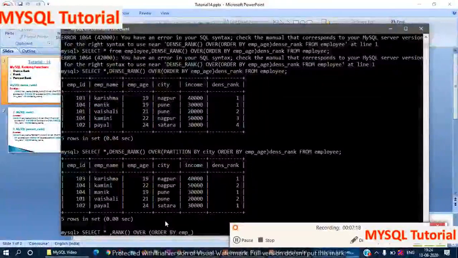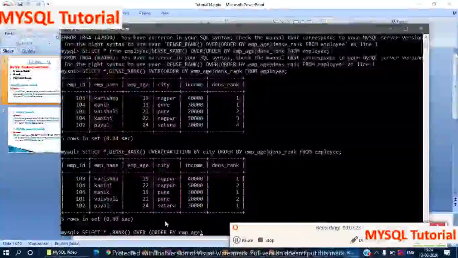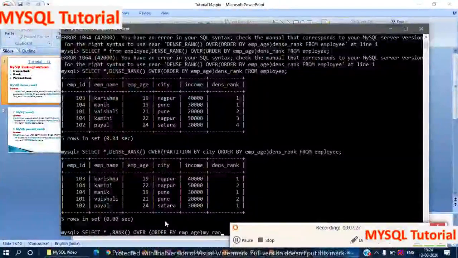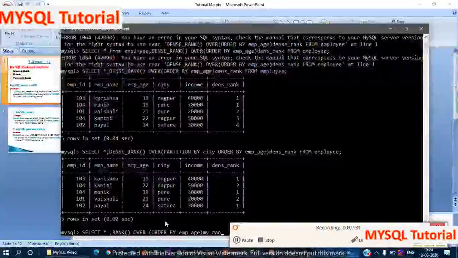Here I have given employee age, AS my_rank FROM table name.